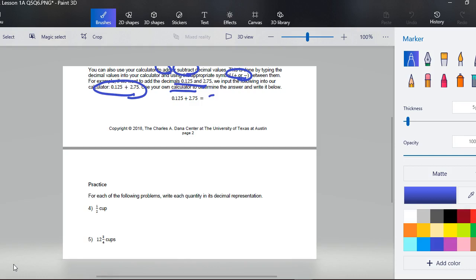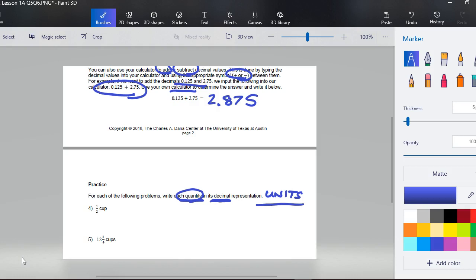By typing this in the calculator, we end up getting 2 and 875 thousandths. We keep going with questions 4 and 5, and now they're bringing the units back in. For each of the following problems, write each quantity in its decimal representation, and notice that it also has units associated with these. We're putting it all together, and as you get ready for our quizzes and tests and homework